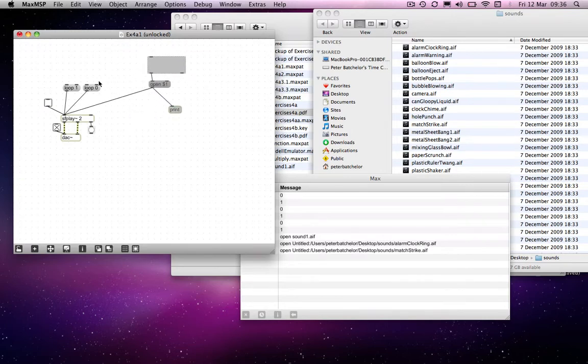Another way of using it is in this loop message. So in this case, we're saying, remember this true and false business, but I could actually get rid of one of those message boxes and replace this with a $1 again. And in this case, if I put a toggle above it,